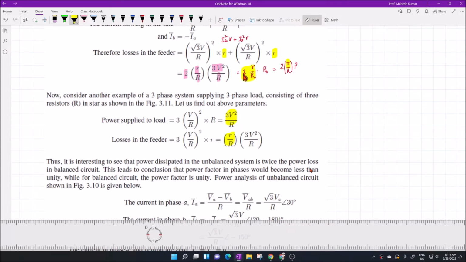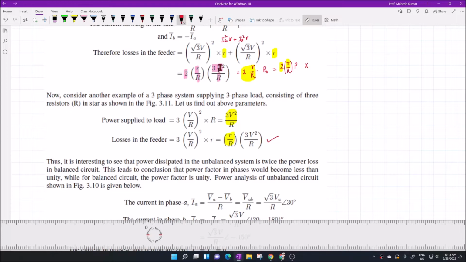So if you compare these two values, obviously there is a difference of twice. In case of unbalanced, the losses will be twice that of the balanced circuit. And that is the point of concern, why we should have a system which will be half as efficient, or you can say the efficiency will be half, the losses will be almost twice that of the balanced three-phase circuit. Obviously, I will operate the power system for this case rather than this case. And why is this happening? This is happening because of the unbalance.